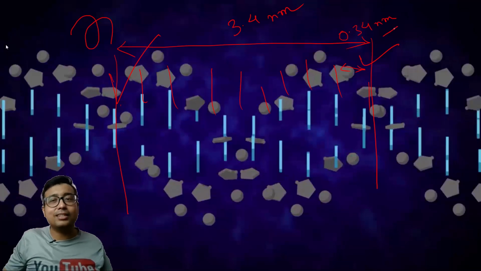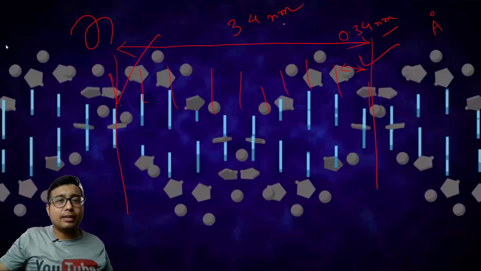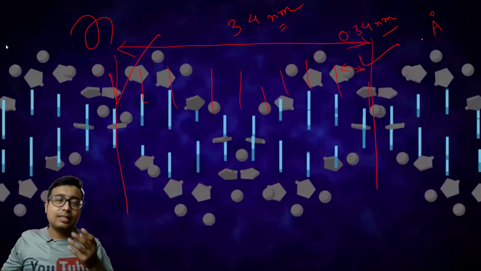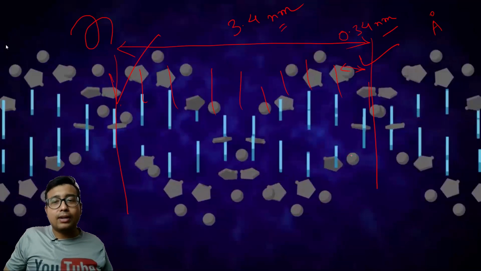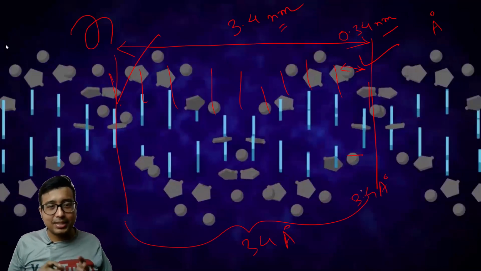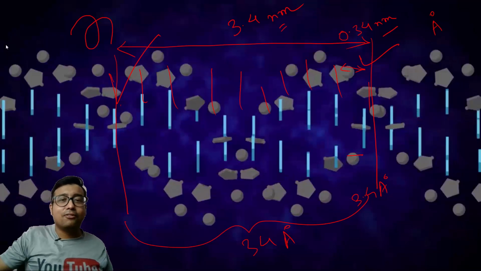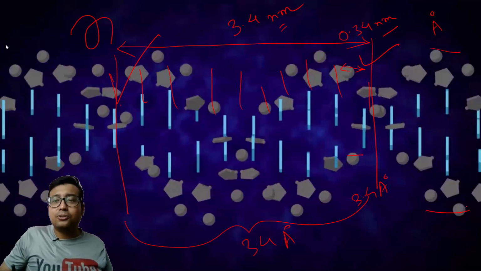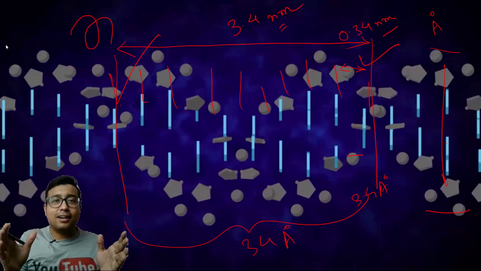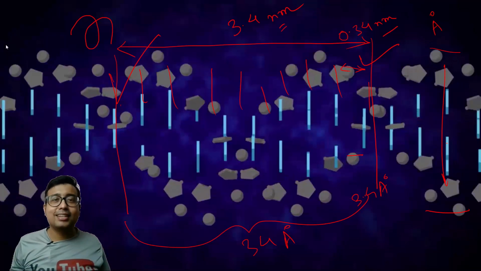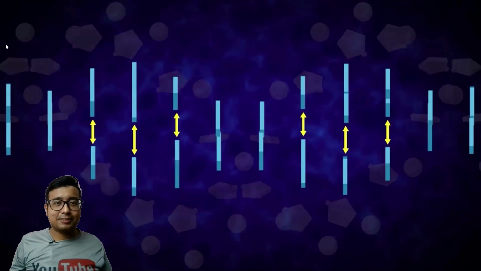Remember guys, there is another unit that is angstrom, denoted by A. Nano is 10 to the power minus 9 meter and angstrom is 10 to the power minus 10. So if you are representing it in angstrom, it will be 3.4 angstrom and 34 angstrom. But don't get confused between the two units. Fine. So the width is 1.9 to 2 nanometers and one turn, the pitch, is 3.4 nanometers.